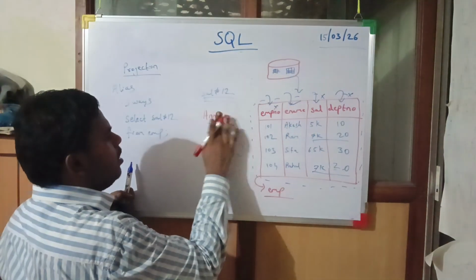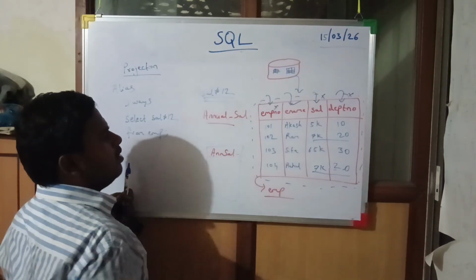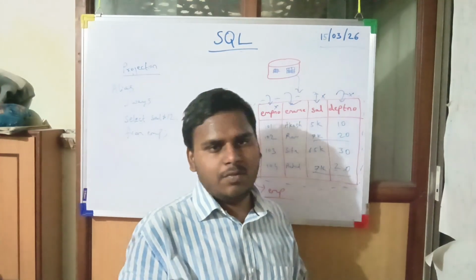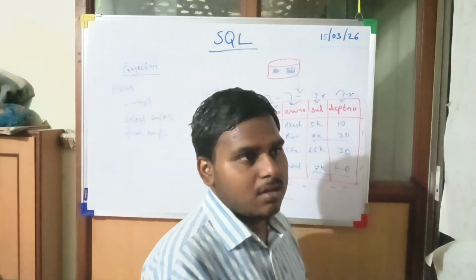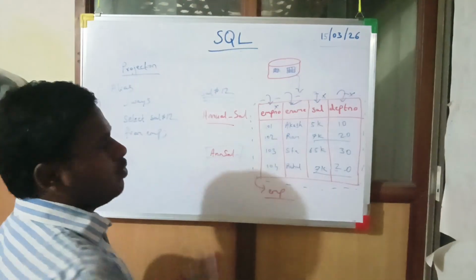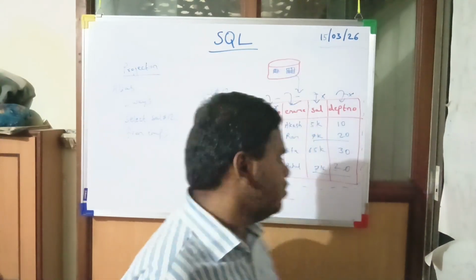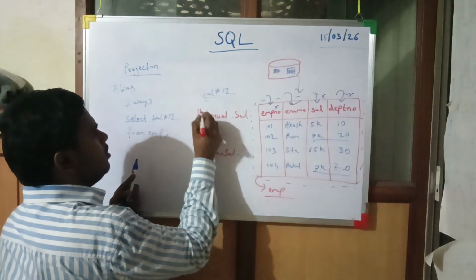You can write like this: annual underscore sal, annual_sal. You can't keep a space. Whether you use the as keyword or not, no worries, but you can write only a single word. If you want multiple words, use underscore, but it looks like a file name. I don't want to use underscore also, sir. So you can do one thing: the third option is